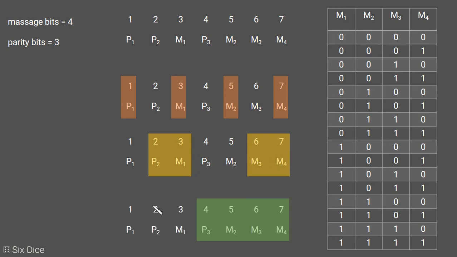For parity bit 3, we select a group of 4 bits, set with the use of message bit 2, message bit 3 and message bit 4. Now we can also see a pattern here. Parity bit 1 is at 2 to the power 0, that's why we are only selecting 1. Select 1, leave 1, select 1, leave 1, select 1, leave 1, select 1.